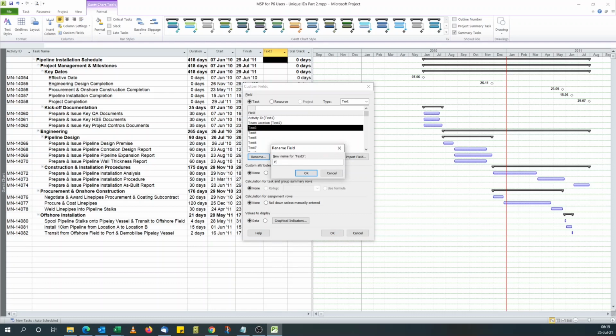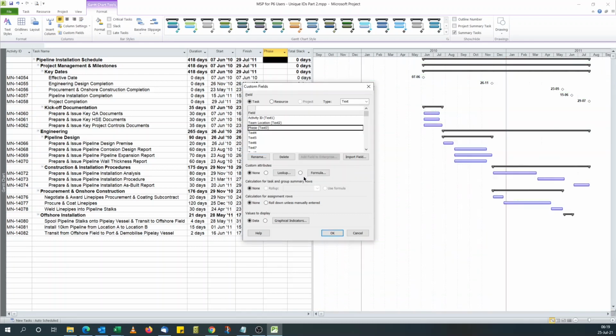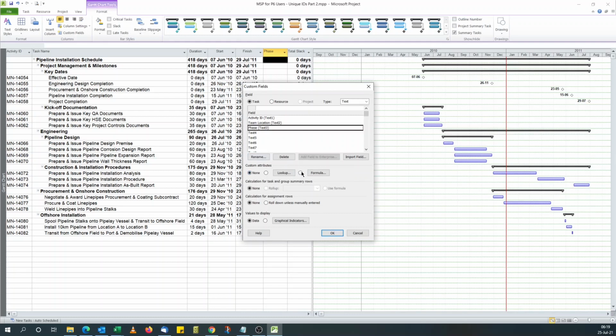I'll call them Phase, like each phase of the project: project management, engineering, procurement, installation. Now, for this field, because we're going to assign either project management, engineering, procurement, or offshore installation against activities, against tasks,